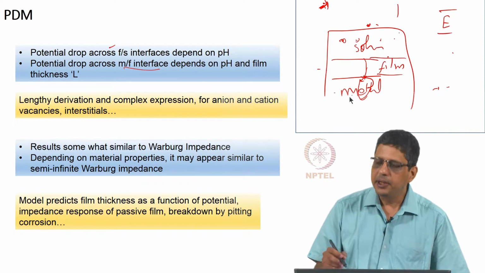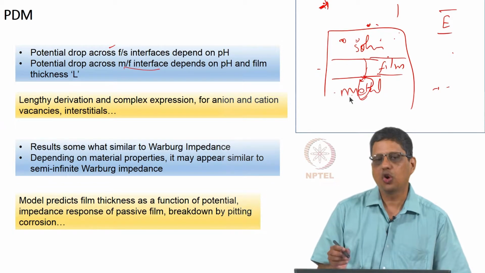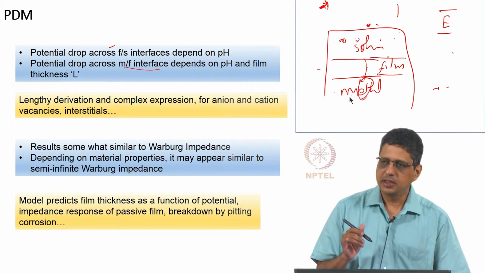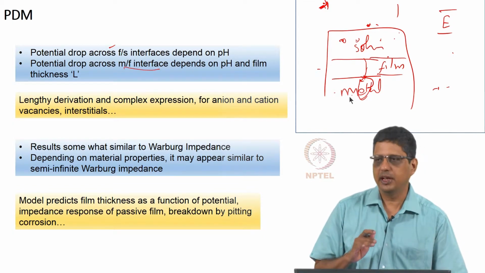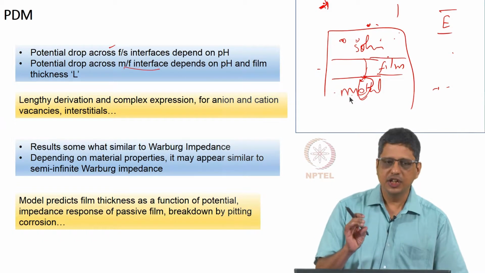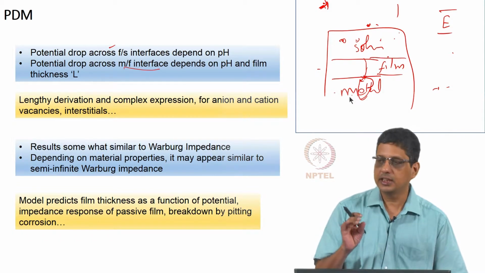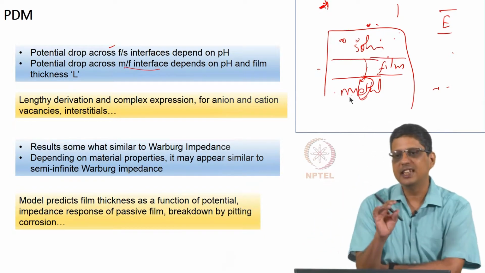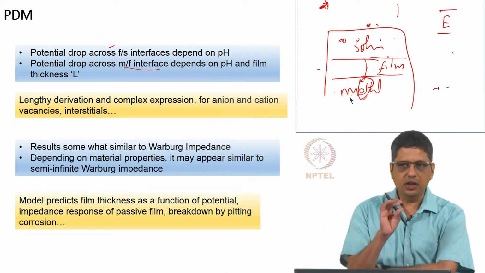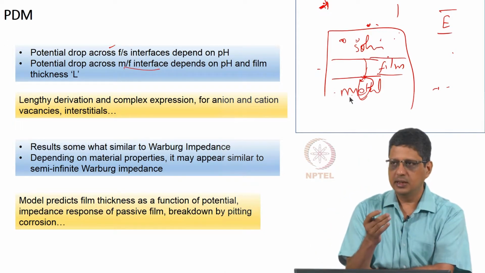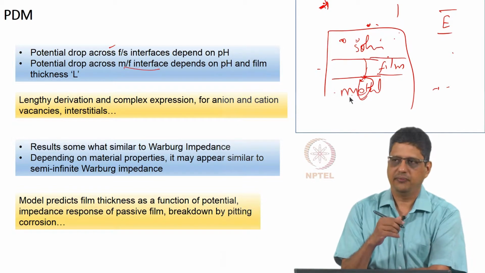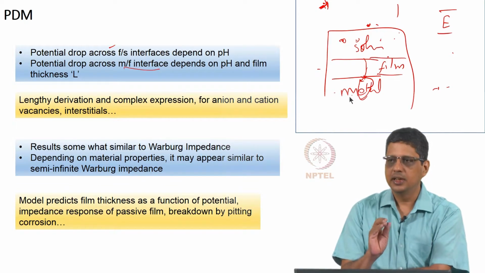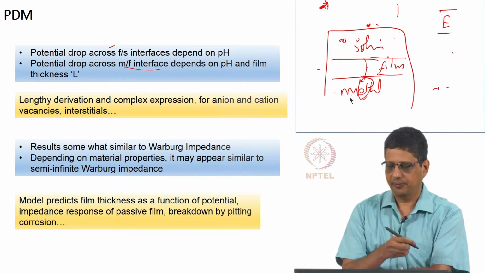Okay. And pitting corrosion is seen usually when you have chloride ions present. It takes some time for the pitting corrosion to occur, meaning there is an initial period where nothing is happening. Nothing is happening meaning you do not see any pits. I do not mean to say nothing happens, I mean nothing is seen. There is an incubation period where nothing is visible, and after that pitting corrosion occurs. These are experimental observations, and this model is able to explain why that can happen. Okay.